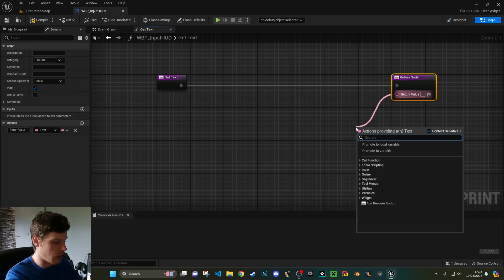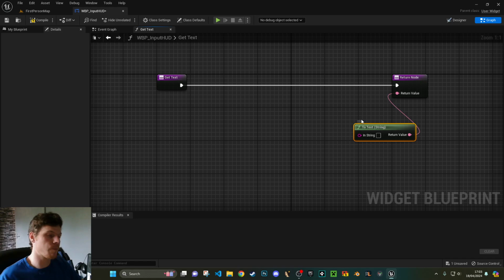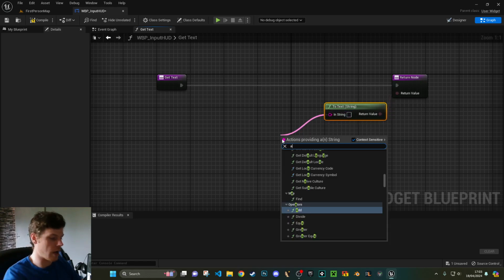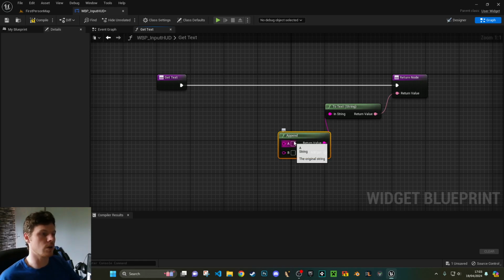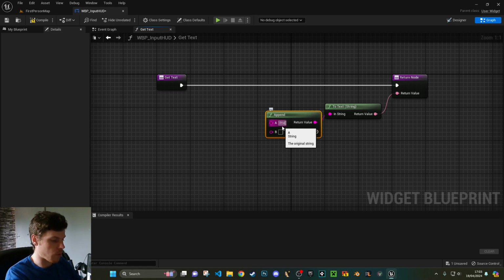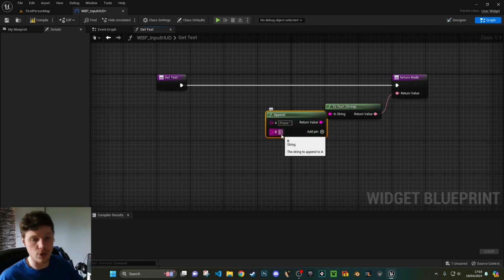I'm going to do a string to text. I'm going to do an append node to get different layers of text. My first box is going to be press, open quotes. B is going to be the button that we're going to want to press, but we'll come to that. Add another pin. We're going to then close those quotations and then write 2. And then this is where we're expanding a little bit. We're going to add another pin, D, and we're going to leave this one blank